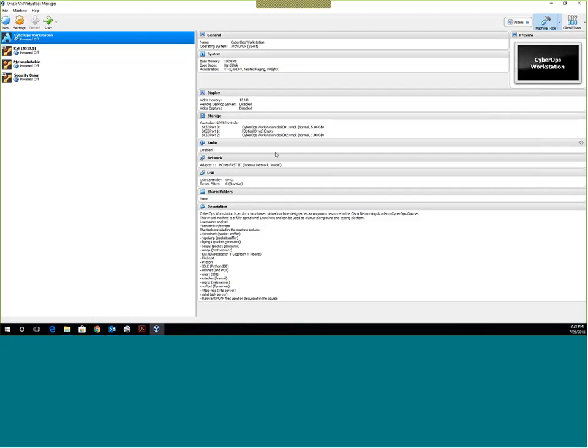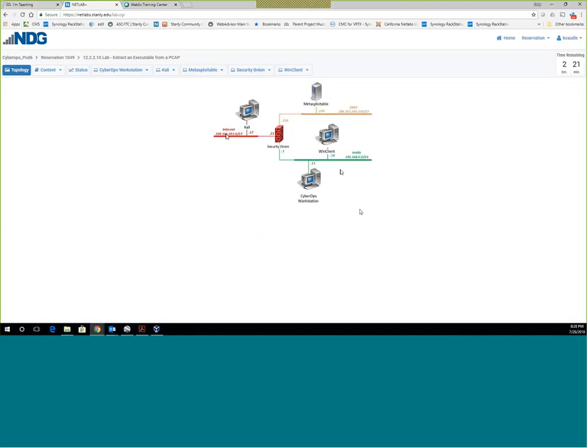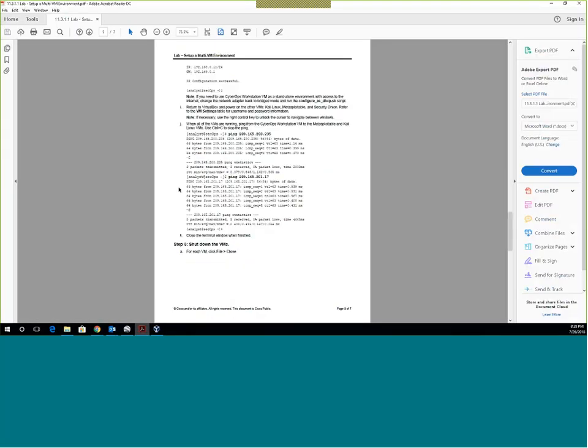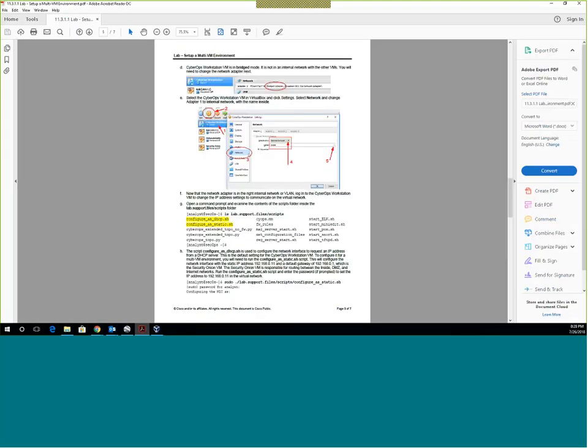Now this is on the inside network exactly like it is on the pod for NetLabs. We then have in the lab itself, and I'm not going to run this, but you basically change it from a DHCP to a static. So you'll go in and run the command to give it a static IP address, and that will give a static IP address to the machine, and you can go from there.